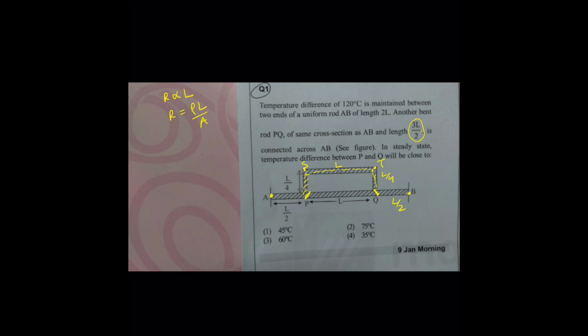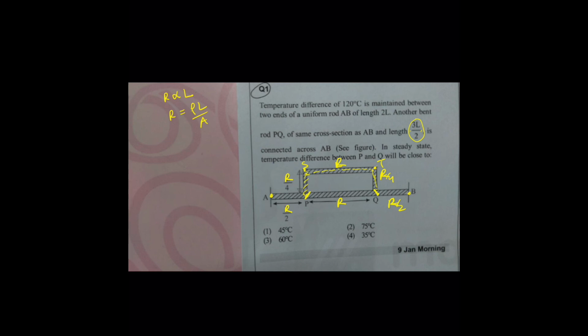So instead of writing L by 4, L by 2 as different data, let's convert everything in terms of resistance. So I can write this term as R by 2, this is R, again this is R by 2, R by 4. SP is R by 4, ST is R, and yes, we are sorted now. Now what I'll do is first I'll find the resistance of PSTQ. So this thing is in series.